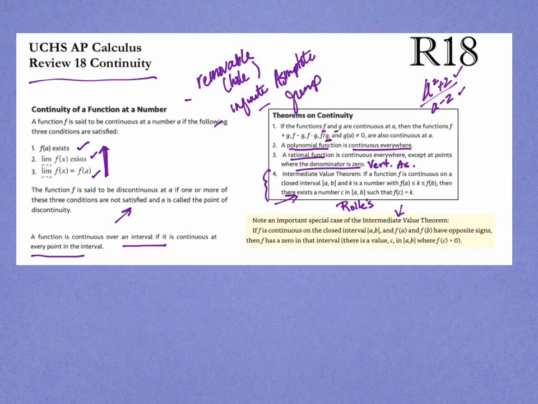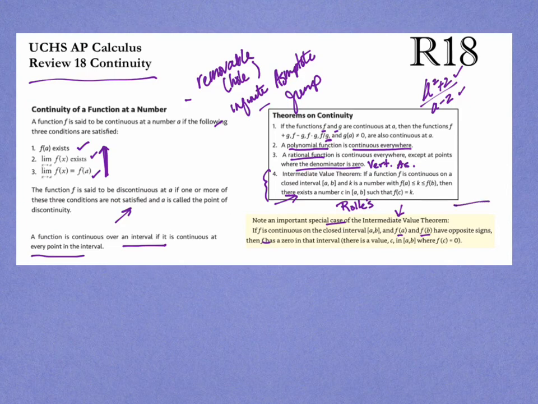So remember, it says that if it's continuous, every y has to be used, basically. So go look over that intermediate value theorem. And then the special case of the intermediate value theorem, and we'll go over this in an example, says that if you have a closed interval and you take a function and one value has opposite sign from the other, if you take it at two places, then it has to have a 0 in between them, because